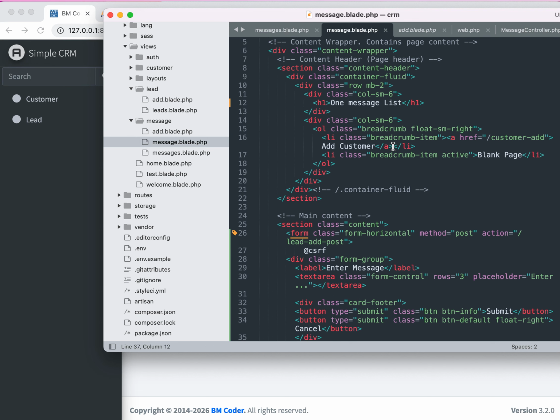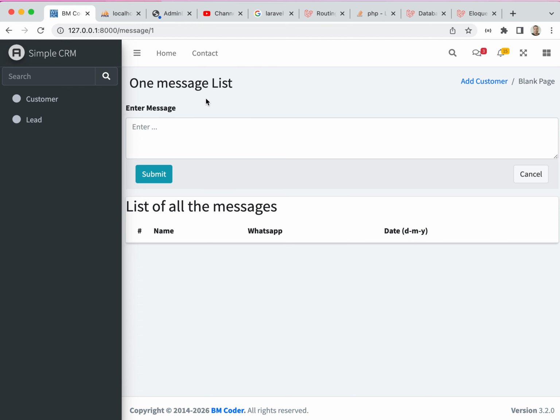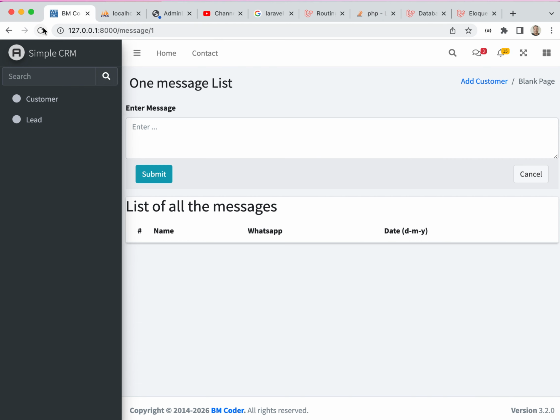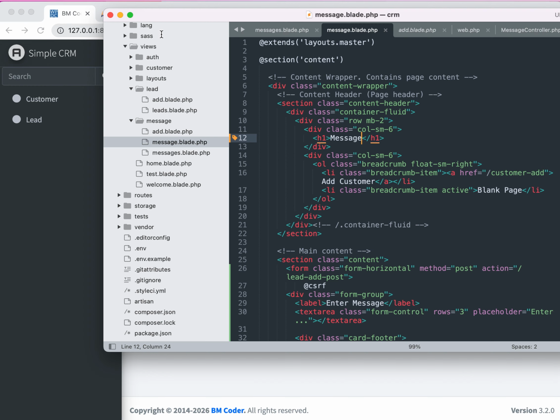One list message, we can remove this one. Or what can we name it? Just message will be enough, correct? It's self-explanatory. Make sure you make things more meaningful, so that it will be easy and can be used by many others. Now message, if somebody is typing a message, we will show it in the list of messages. Now the ID passed is 1, correct? So now how will you pass the ID over here? Because to store the thing, we will need to